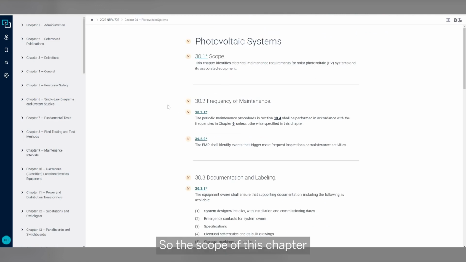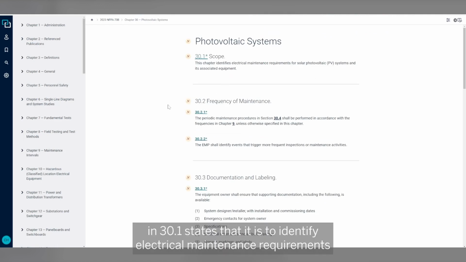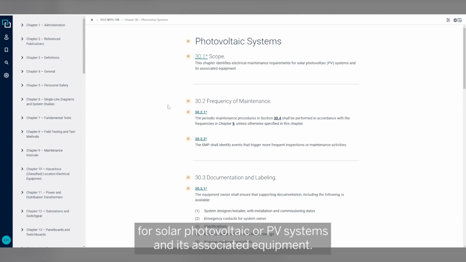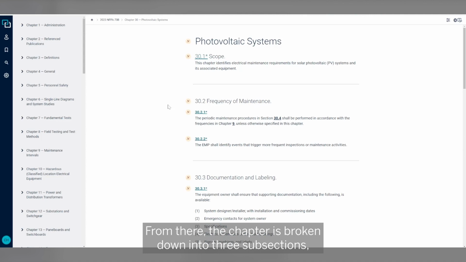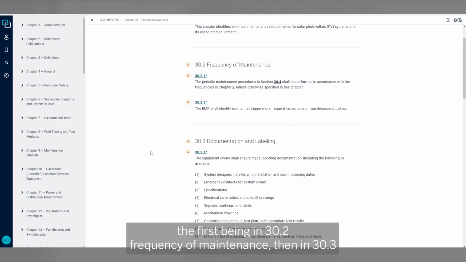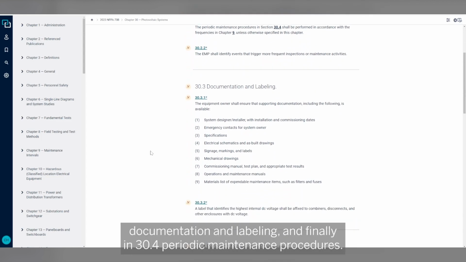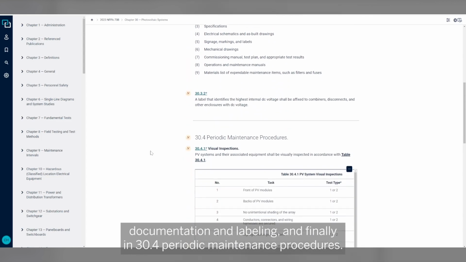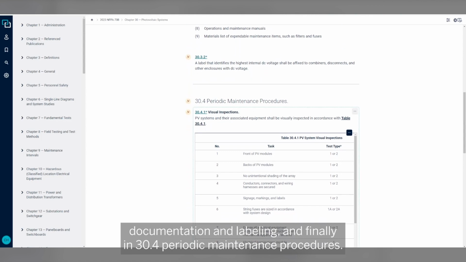So the scope of this chapter in 30.1 states that it is to identify electrical maintenance requirements for solar photovoltaic or PV systems and its associated equipment. From there, the chapter is broken down into three subsections. The first being in 30.2, frequency of maintenance, then in 30.3, documentation and labeling, and finally in 30.4, periodic maintenance